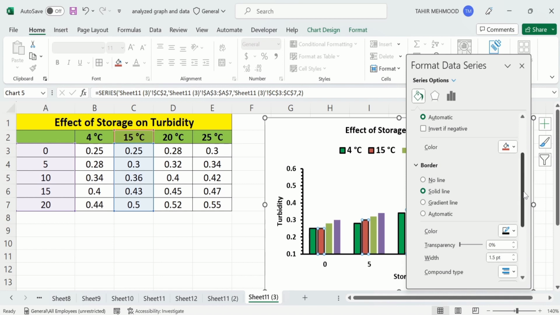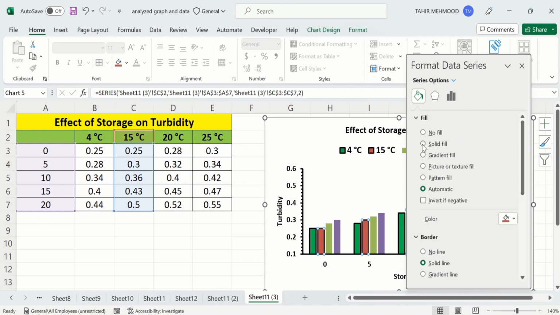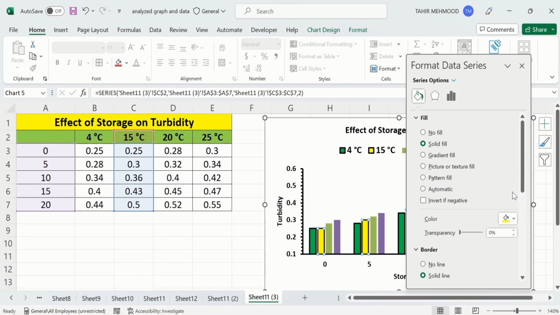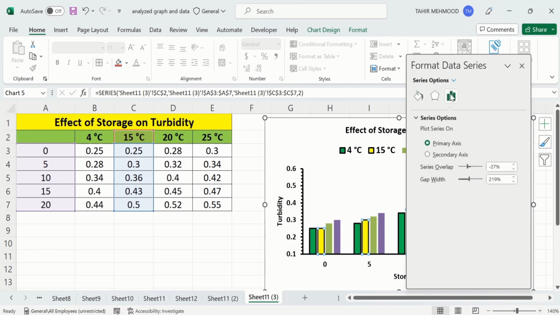And from here you can choose solid fill and select any color. You can repeat this procedure for remaining data series. Now if I go to this option which is the series option, here you will find two options, series overlap and gap width. You can select these options according to your requirement and select the width of these bars and the gap between them. For example, if I choose series overlap to 0,